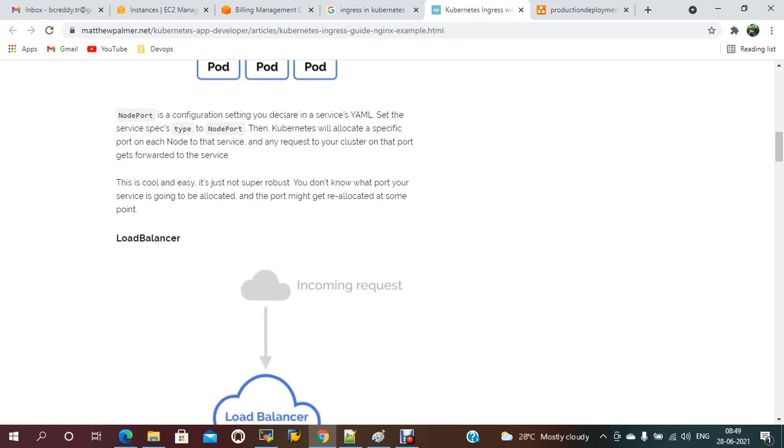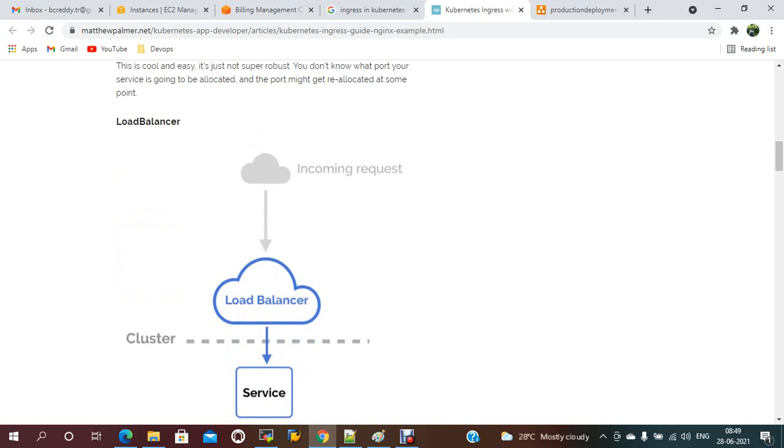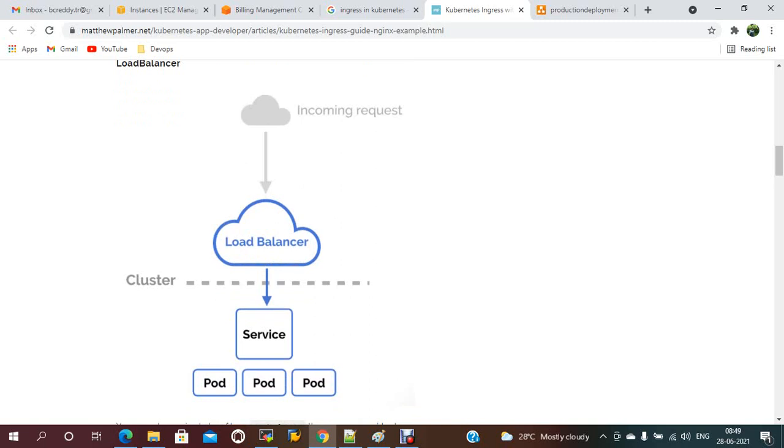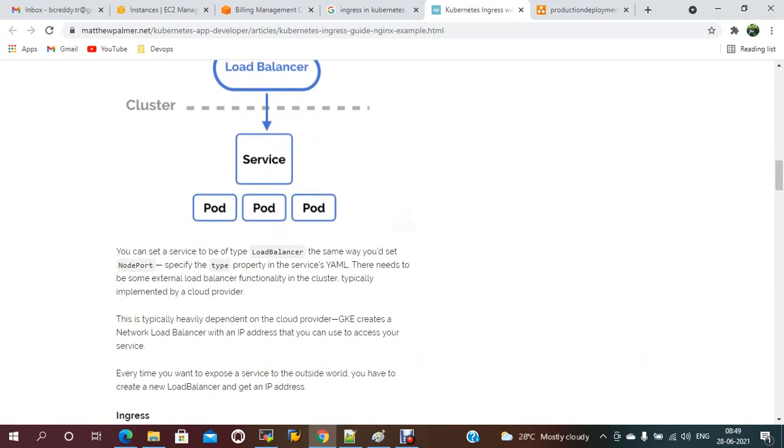This is simple. And the load balancer should be from cloud services like AWS EKS or Azure services. The request comes to the load balancer and it will serve directly. Here also, for service type we will use LoadBalancer. It will generate an IP or URL. This is heavily dependent on the cloud.